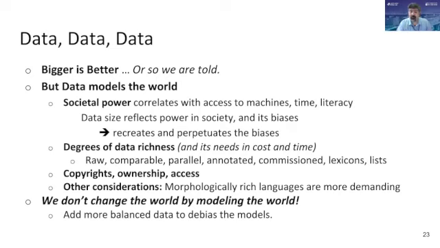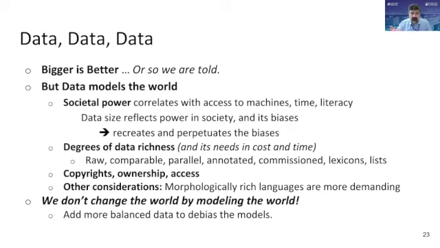So this will affect, of course, what that means in terms of data when it comes to what we would call unsupervised models, where you just get text and the system learns the fluency of the text, but it doesn't have the additional, let's say, translations or additional annotations. But the big idea here, of course, is that when you have power in society, that power recreates and sustains itself through this indirect way of adding more data. That data is used in the models, gives it more power again and again, right?